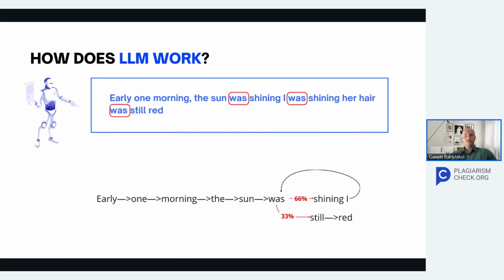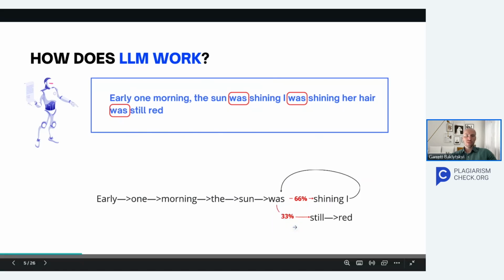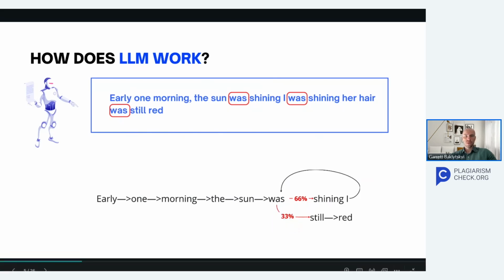Let's rewrite this sentence to see what happens from a large language model perspective if some words appear more often than other words. In this sentence, we have the same word "was" appearing 3 times, but in 2 cases, the word "shining" is the next word after "was." From a large language model perspective, "shining" has 66% probability to be the next word after "was," and "still" has only 33% probability. Every time you ask an AI generator based on such a large language model to generate